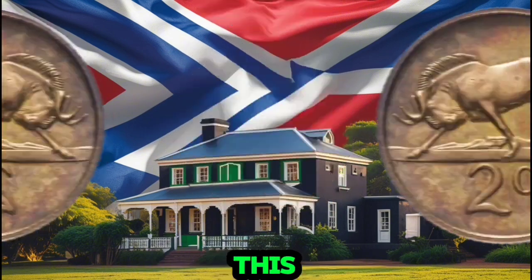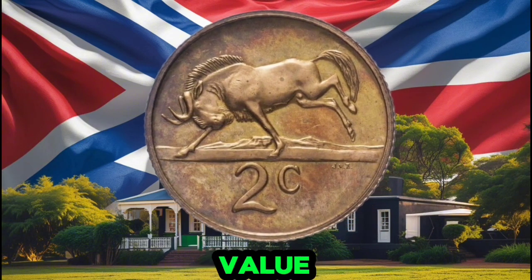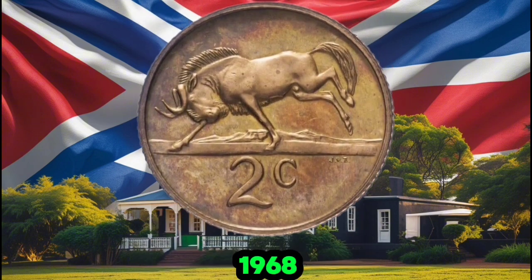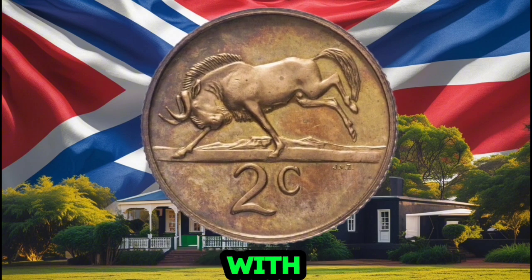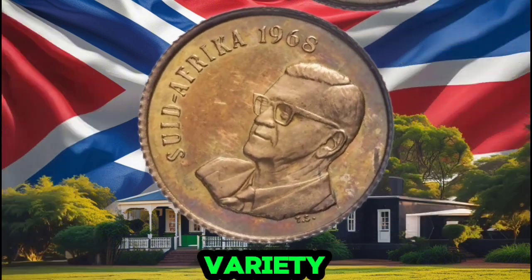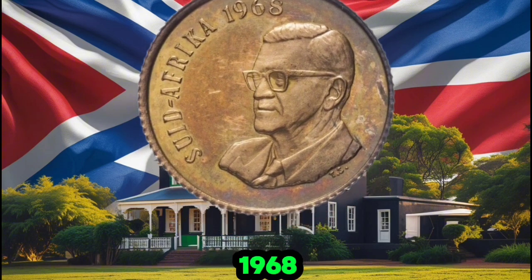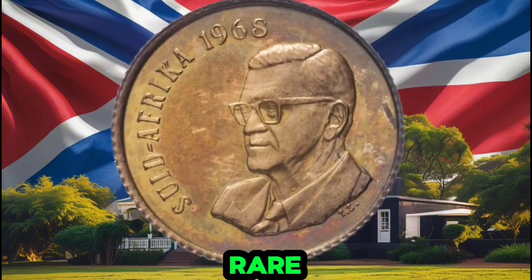So, why is this 1968 Charles Swart 2 cents coin worth so much? The value of this coin has skyrocketed due to a few important factors. First off, rarity. While most of the 1968 coins were minted in large quantities, a limited number were struck with a key characteristic, the no mint mark variety. This is what sets certain 1968 2-cent coins apart. Most of the 1968 2-cent coins have a mint mark, but those that don't are extremely rare and highly coveted